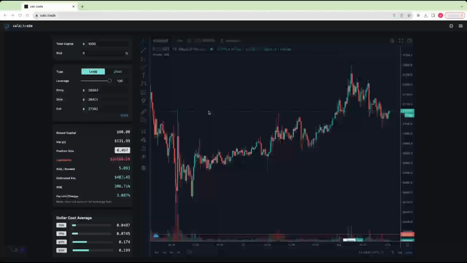That's what it will be, as long as you put the same stop loss in Binance or MEXC or whatever as you did in calc.trade. As soon as you do it a few times, you'll go, yeah, and it becomes really quick and simple. You've got to test it a few times, because it's like, hang on a minute, I'm putting my leverage to 100x. It doesn't feel right. Remember, you've got a stop loss. The stop loss is exactly that risk, which is why it's changing the position size relative to the distance between the entry and your exit, basically.